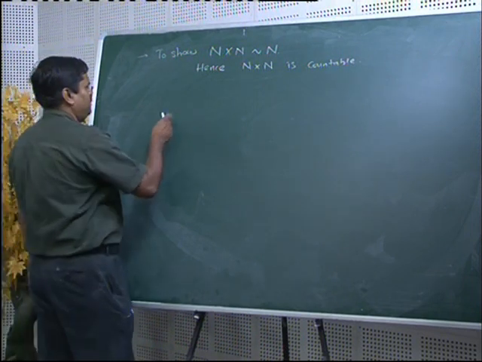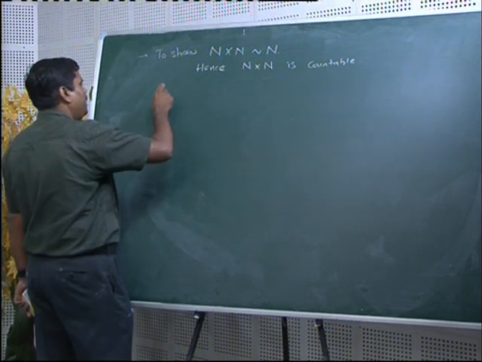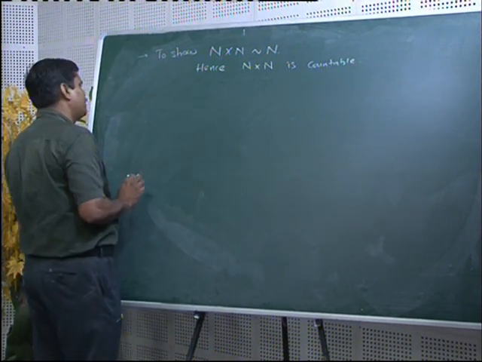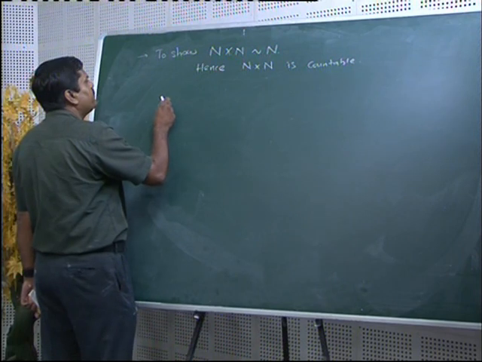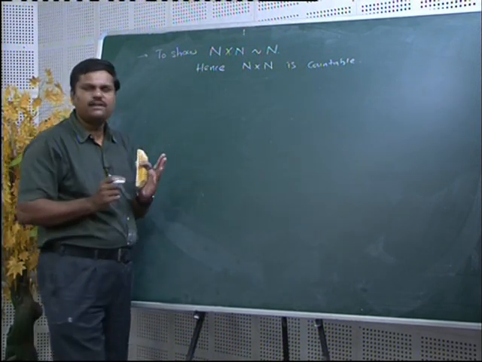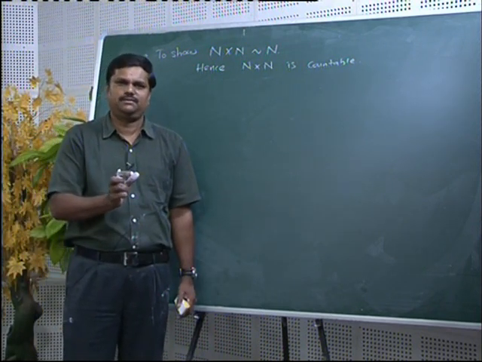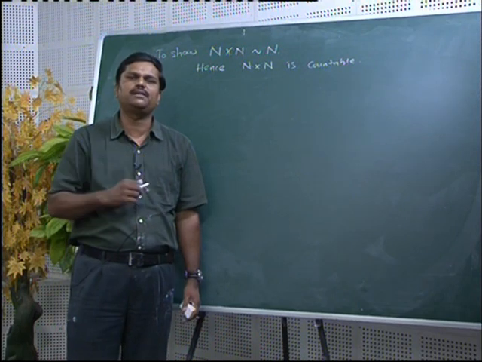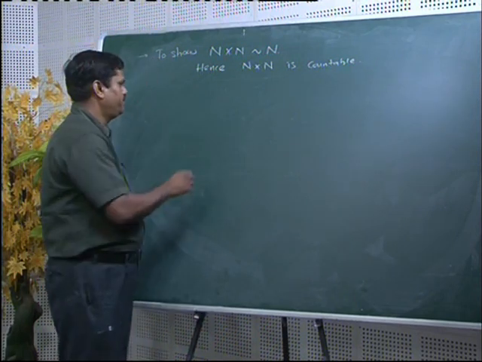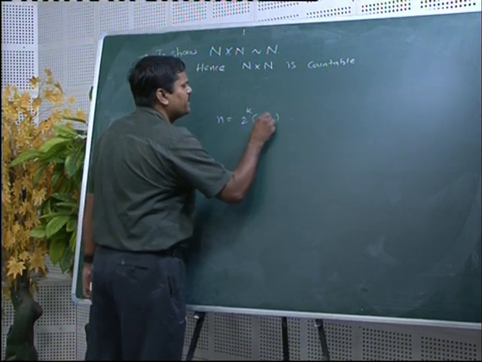Now, for this I will define a function from n to n in this manner. First I will define the function and then you will understand how one can write every natural number. Every natural number you can write as a product of two numbers. One is some power of 2, another is an odd number. Means every natural number you can write as 2 raised to something into something, and this something is an odd number.